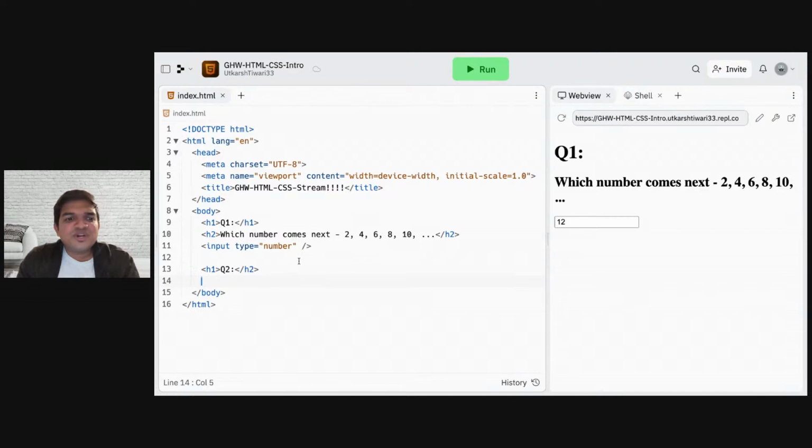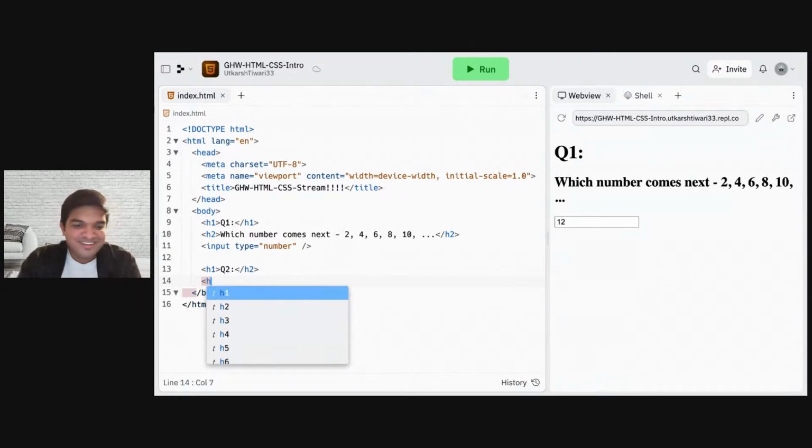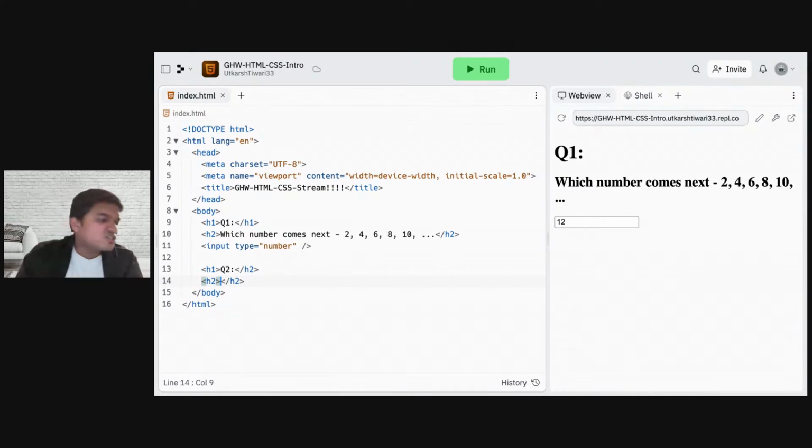Do you think there's an input type music? We can try it in the next question. So now the next question, I have prepared the question as what is the capital of